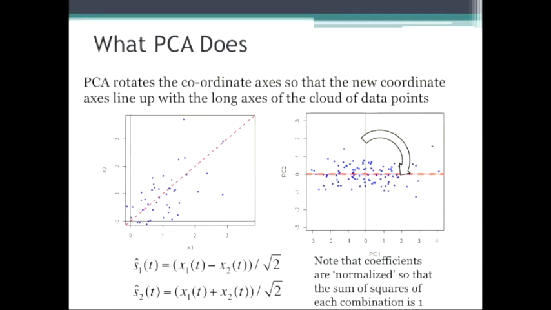So to think about it in terms of data, what you're doing is, here you have 2 variables, x1 and x2, we're going to find the combination of x1 and x2 that has the most information about both of them. And that really would be the sum of x1 and x2 because they're positively correlated. Not strongly, but they are positively correlated. So if you were to take any one number that would have the most information about both of these data numbers, that number would be their sum or their average.